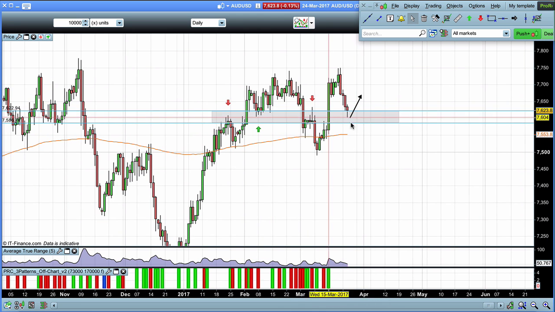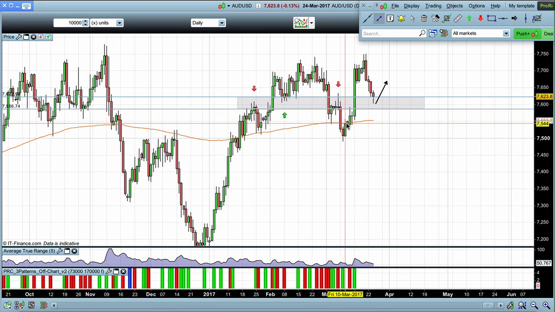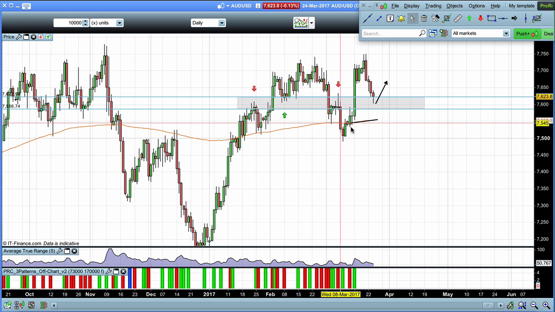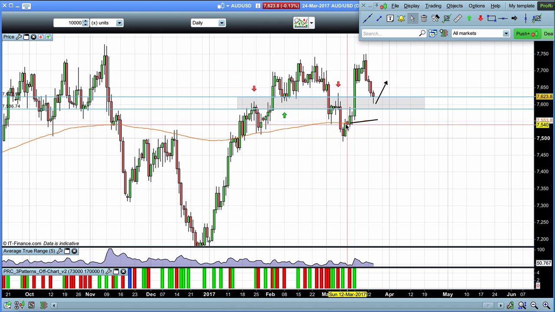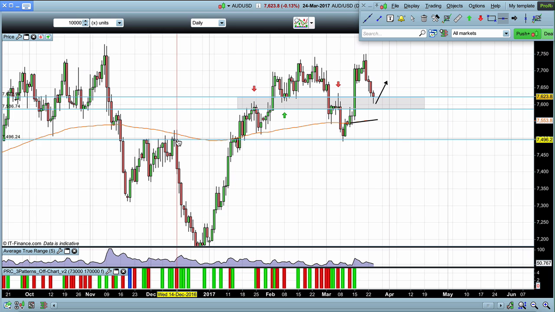Now, if we start to break below this level, well, first of all, we have to be a little bit careful of the MA200, which acts as a type of dynamic support and resistance. You can see in the market, very often when it reaches the level, you see reactions. Here, even as we're coming back up, you can see the reactions. So if we do start to break down, we have to be careful of this level. But really the next level of key support, once again,